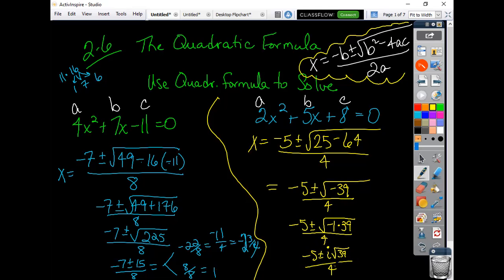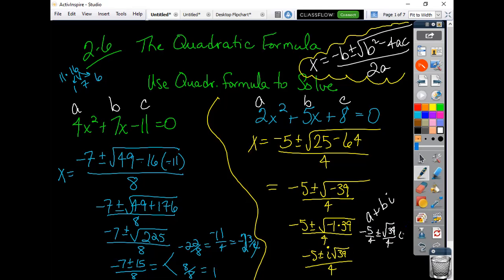Now, a lot of times they'll want you to write it or to identify the a and the b in a plus bi. So just as normally you get a common denominator to put things together, let's see what happens here when you can also take it apart. So I've got negative 5/4, and then the plus or minus. And I'm going to write this i times the square root of 39 over 4 this way, because the i up here is separate. So just the numerical part is your b, so that would be the square root of 39